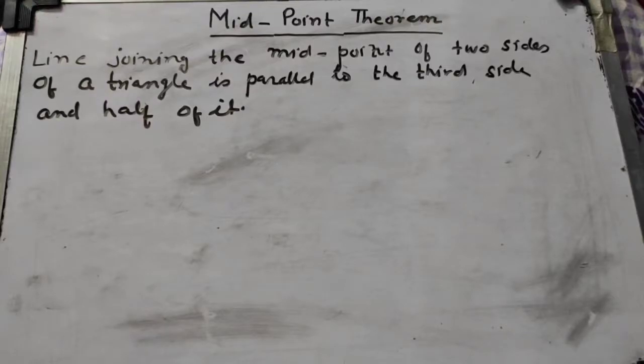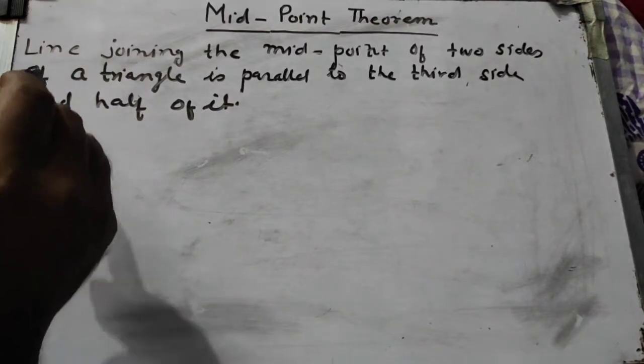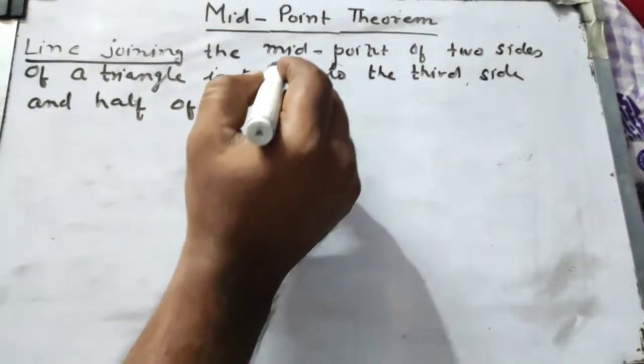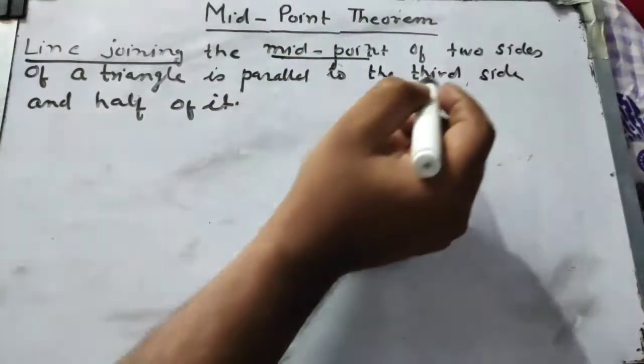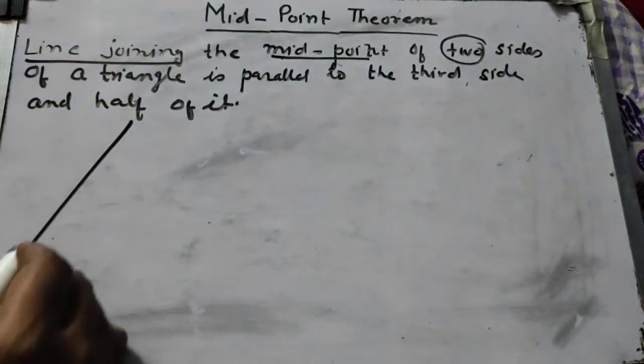So today we are going to see the midpoint theorem. At first we'll see the statement. The statement is: the line joining the midpoints of two sides of a triangle is parallel to the third side and half of it. Line joining means we have to join the line. How will we have to join the line? We have to join midpoints. Midpoints of how many sides? Two sides. So let us draw a triangle